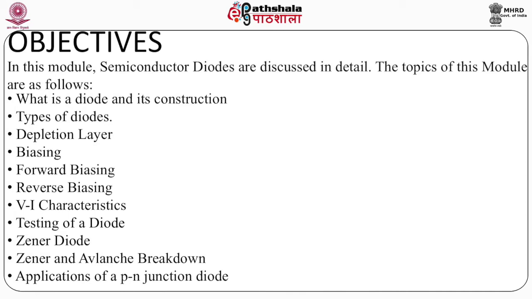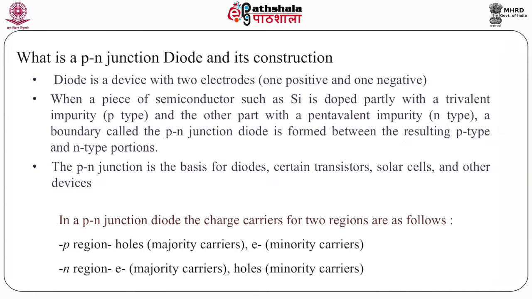Further, how this diode is related to biasing, which is divided into two categories, the forward biasing and the reverse biasing. Then to study the characteristics of the diode, we have voltage current characteristics. Then the Zener diode, a different type of diode. Related to that, we have breakdowns, the Avalanche and the Zener breakdown. A diode can be used in a number of applications. It can be used as a rectifier. Then further applications of the diodes will be discussed in detail.